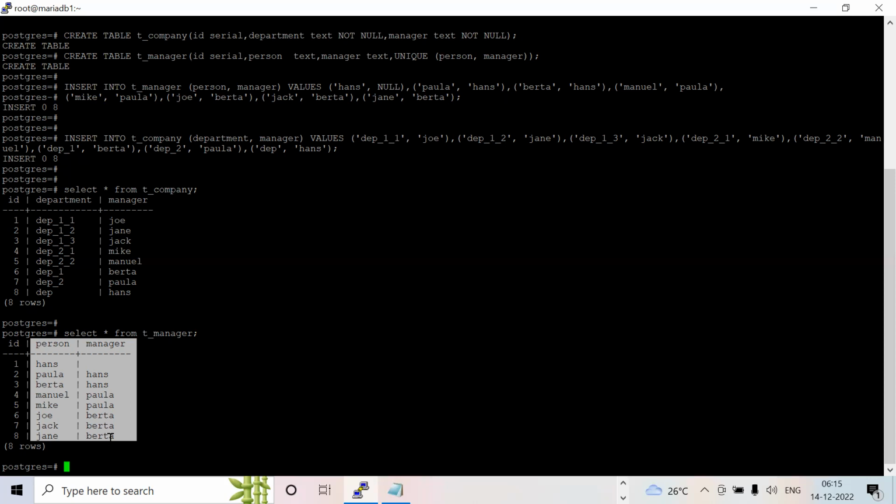Now the concern came. What is the concern? Row level security. If Hans is logging in,